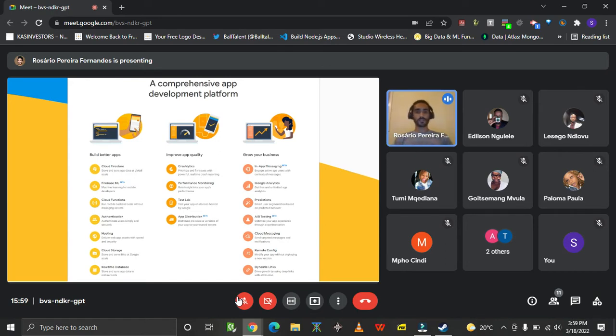So you have a lot of services all in one platform, and this is called a backend-less platform, which means you don't need to create and maintain your own backend for your app. You can simply use Firebase as a backend, and then all your effort will be towards developing the front end of your app. Firebase is available for three main platforms, though it's also available on others: Android, iOS, and the web. Most of those tools are available for all three of them.